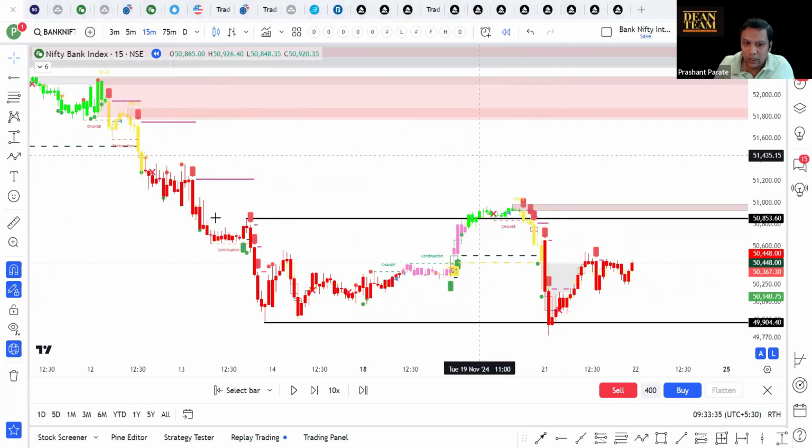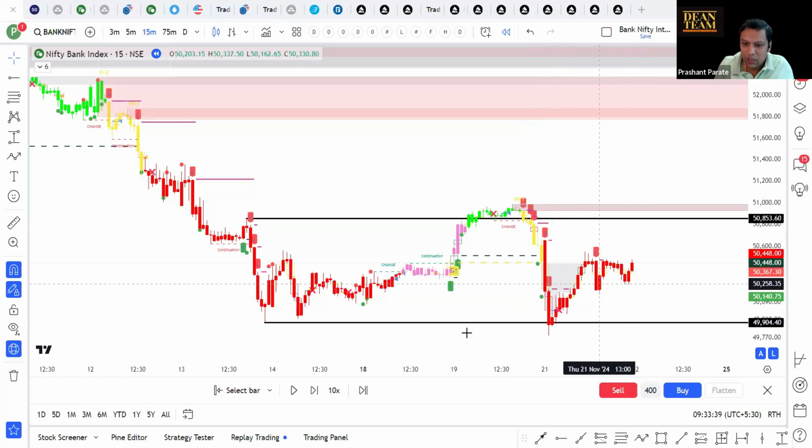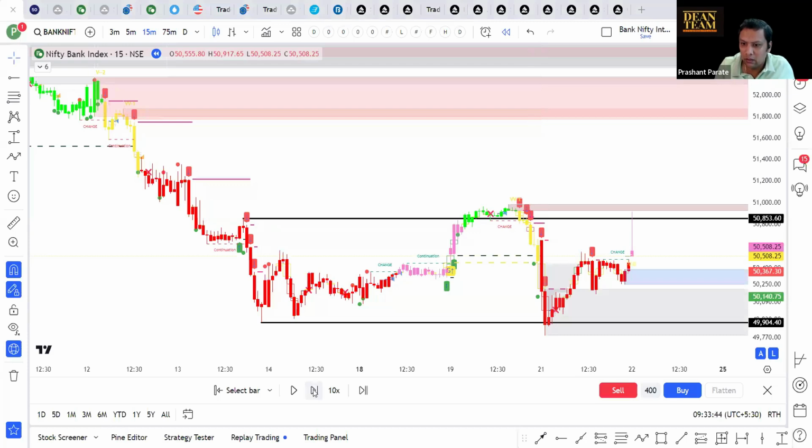So we have this schematic. Prices came down with strong selling pressure. And if we get some opportunity to buy here,